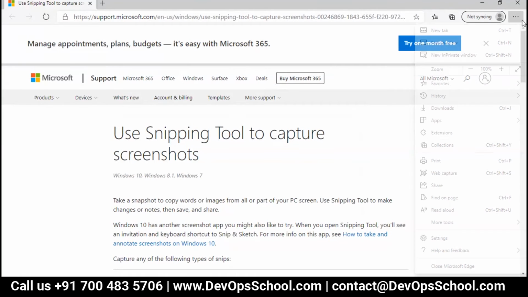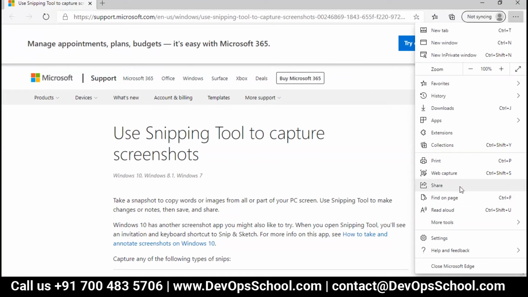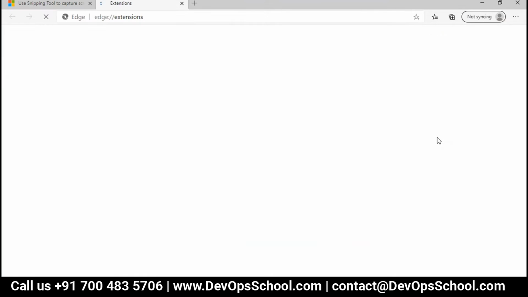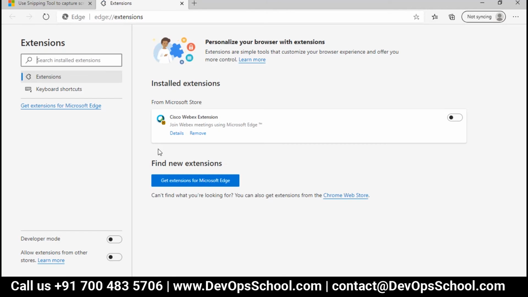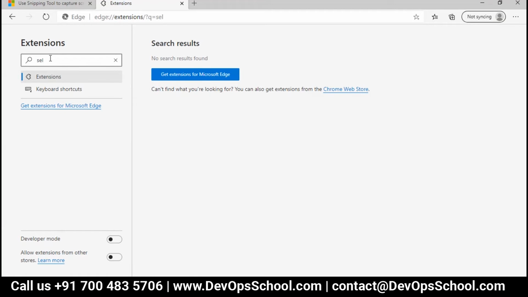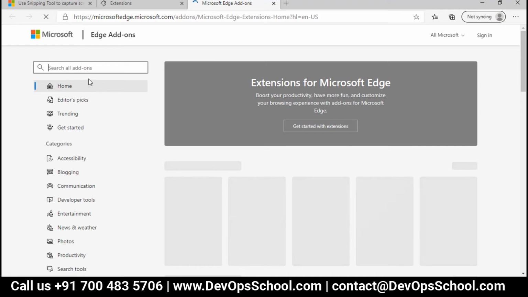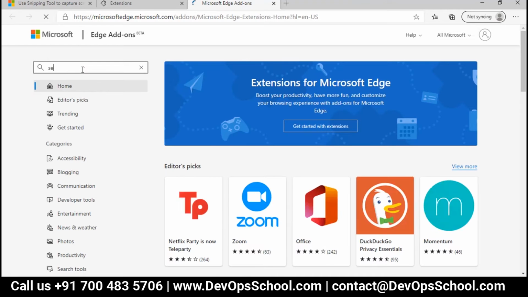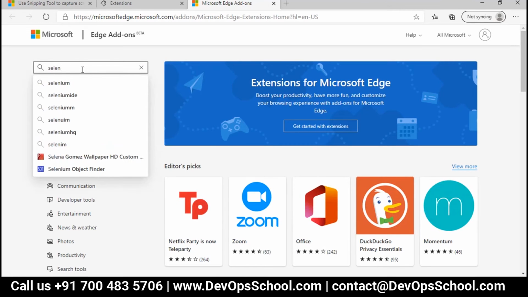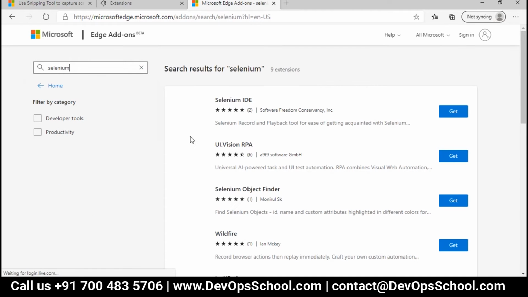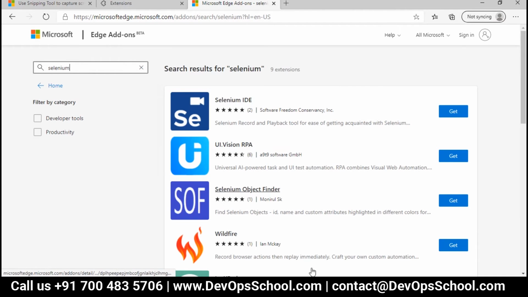I have not used this for a long time. So let's go to extensions and search for Selenium. I'm searching for it, Edge Selenium, and here also you have it.